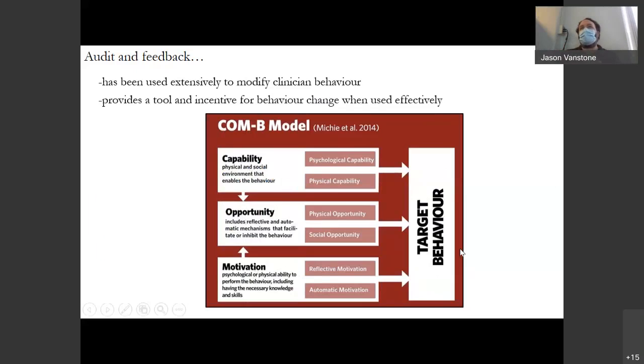So if we want physicians to increase the number of antimicrobial prescriptions with indications, are they capable of doing that? Well, sure they are. They have to put that into the EMR. Do they have the opportunity? Of course they do. When they're writing out the prescription, they have the opportunity right there to put it into the EMR. Are they motivated to do it? That's often the key factor. They have no reason to do it if they're not already doing it, unless you provide them with some motivation to do that.